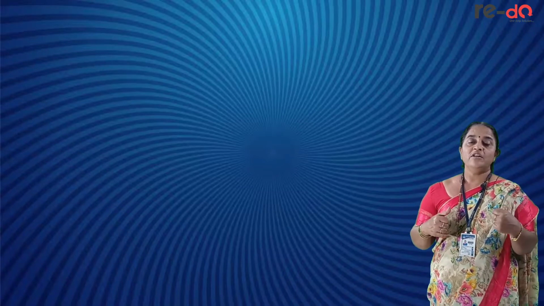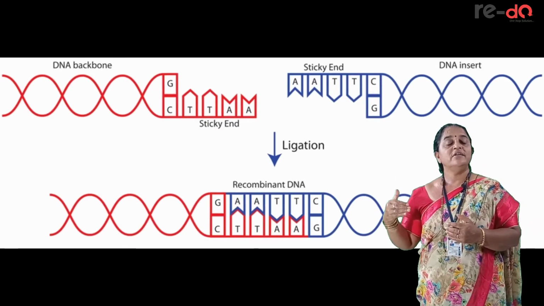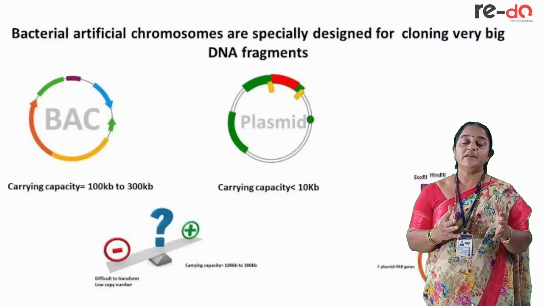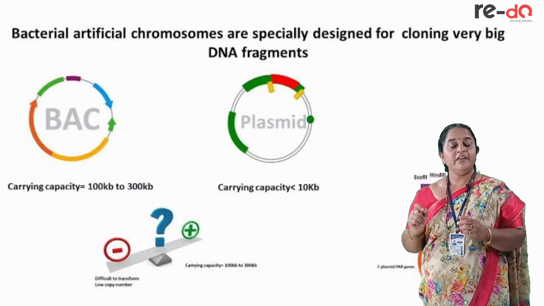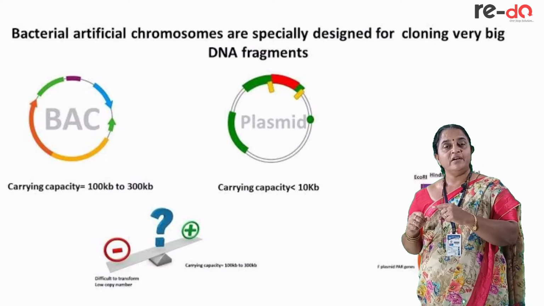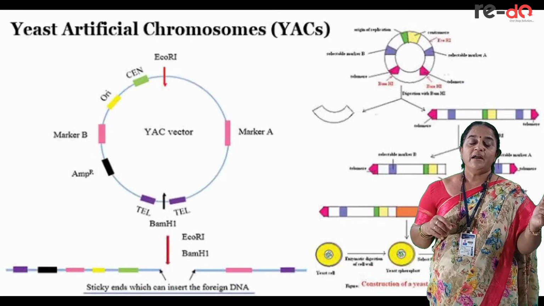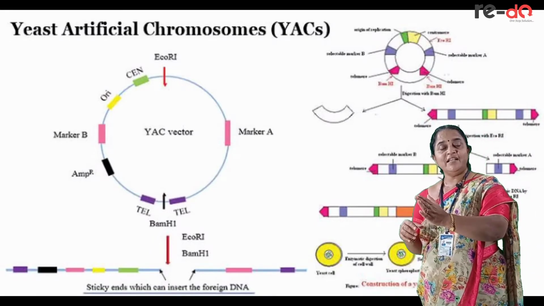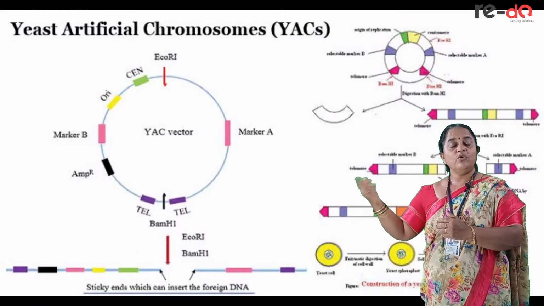Some fragments are loaded on the bacterial artificial chromosome by the ligation technique, and some fragments which are slightly bigger in size are ligated on the yeast artificial chromosome. Depending upon the vector, if the vector is BAC, then the host cell is a bacterium, and if the DNA fragment is loaded on YAC, then the host cell is yeast. By allowing those host cells to take these DNA fragments ligated with BAC or YAC, they undergo the cloning process.